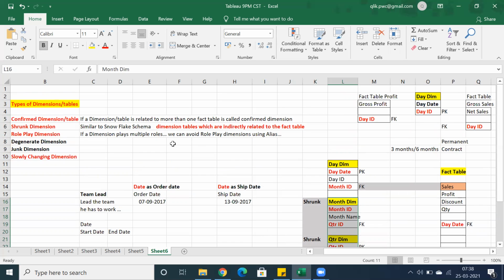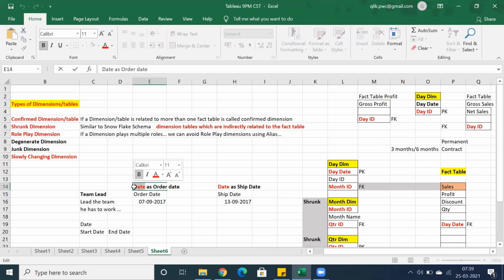So we have a role play dimension. Interestingly, as we discussed, if a particular person plays multiple roles, that is very important, so that helps for the organization. But when it comes to role play dimension, the users or the business, the client side persons, may get confused. As a developer, we are aware of that because we are going to develop those reports, so we know the data, but for the users, they may get confused over these column names.